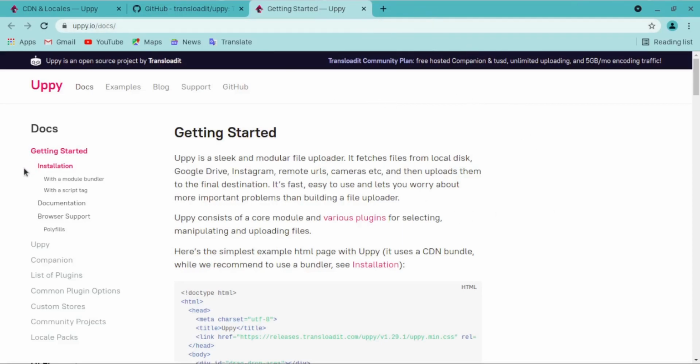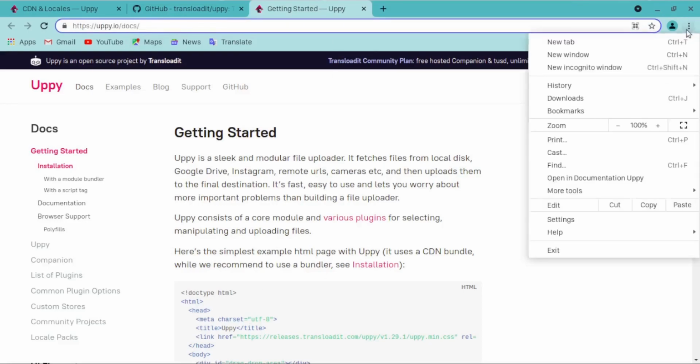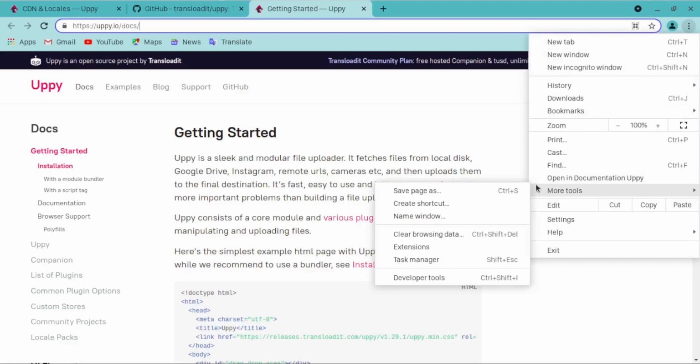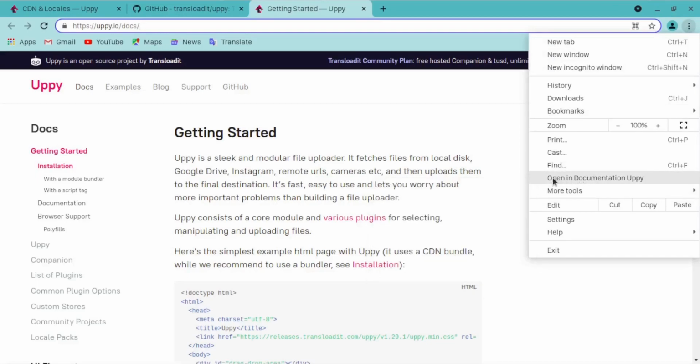Now, since we are back in Chrome, and the shortcut window has been closed once we opened it in Chrome, I'll show you something. We've created a shortcut for this particular page. If you go to the settings, you'll notice that there is an additional menu that starts with the text open in, then the title of the shortcut that we saved, documentation, UPI. So what this option does is it helps you to move this particular page into its own window so that you can play around with the shortcut settings.